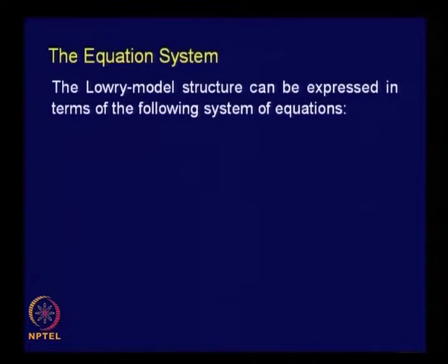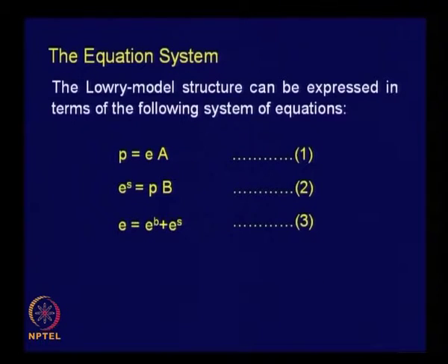Then the equation system of Lowry's land use model, and a set of equations were used by Lowry. Equation number 1 is this: P is equal to E into A. Later on I will explain what these notations mean. Then ES is equal to P into B, and E is the sum of EB and ES, EB plus ES,